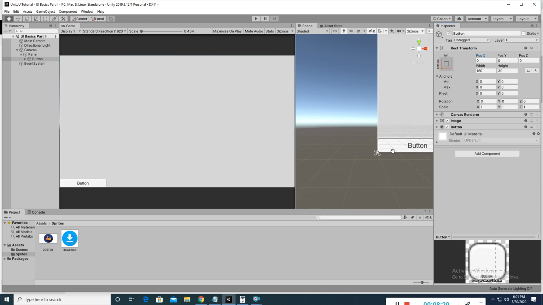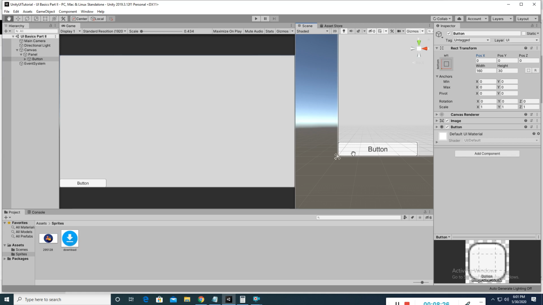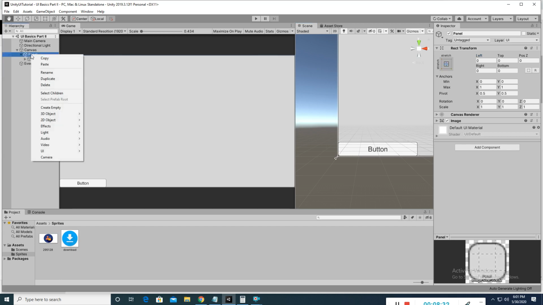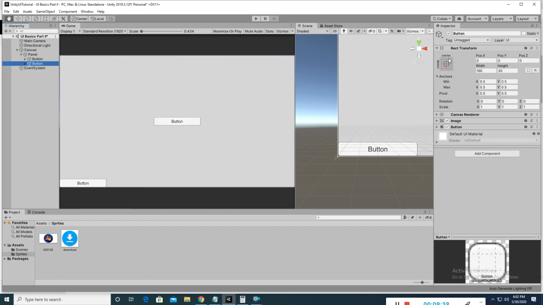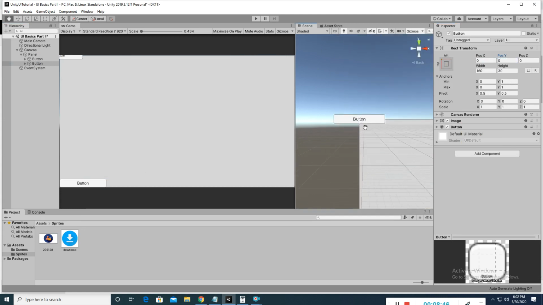So I can change the pivot point of an element and the anchor point of an element as per the requirement. I will create one more button to set all these into the four corners. I will make it 0 0. Why is it coming like this? Because the pivot point is in the middle center.